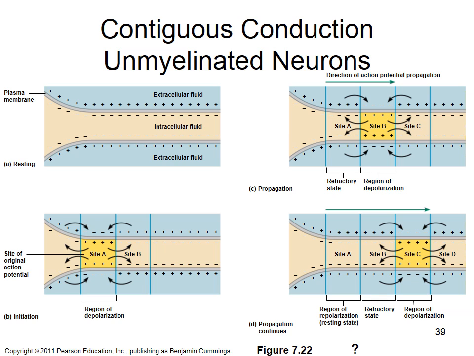Site C, however, can. So it fires an action potential. Okay, some of the sodium comes down to site D, some to site B. Okay, site B is in refractory, so only site D fires an action potential. And it continues like that on and on, all the way down the axon. Okay, that's contiguous conduction. Okay.